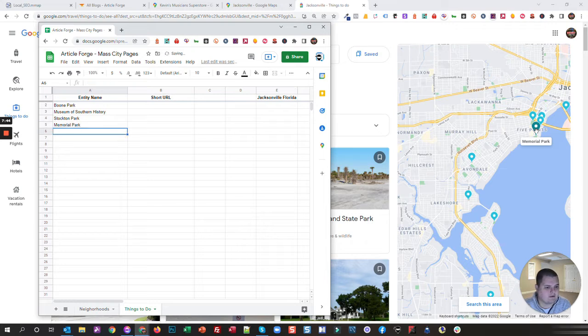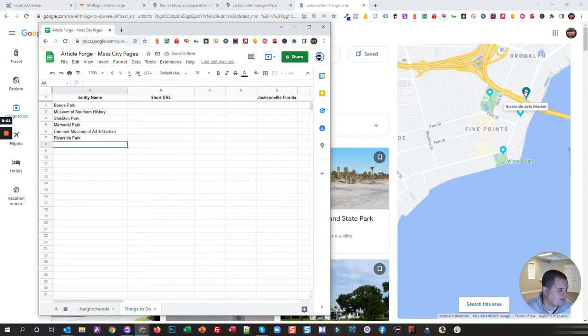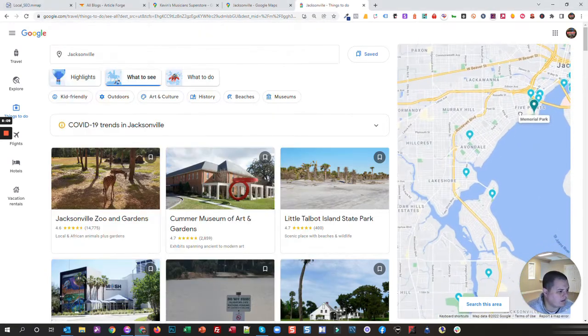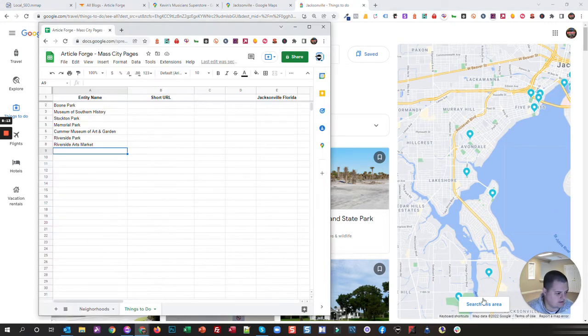A lot of parks down here. Memorial Park. You get the point of what I'm doing here, right? And so we could even go down and add, let's just do it. Let's just go ahead and add